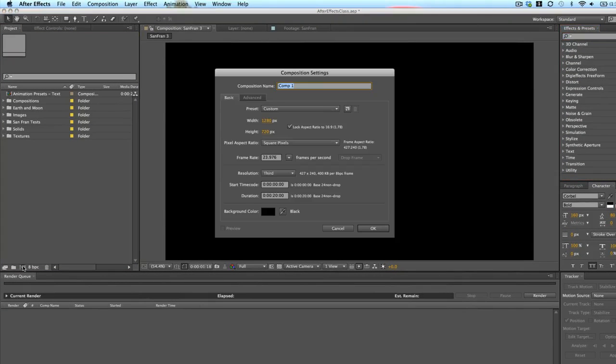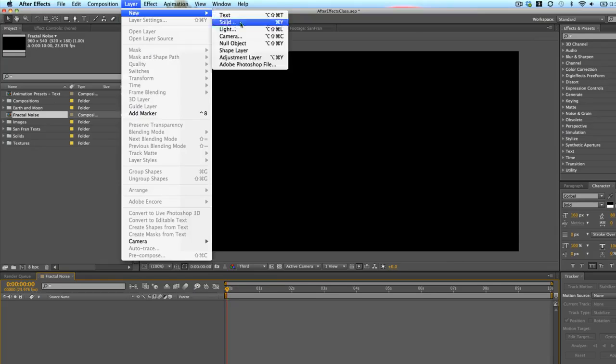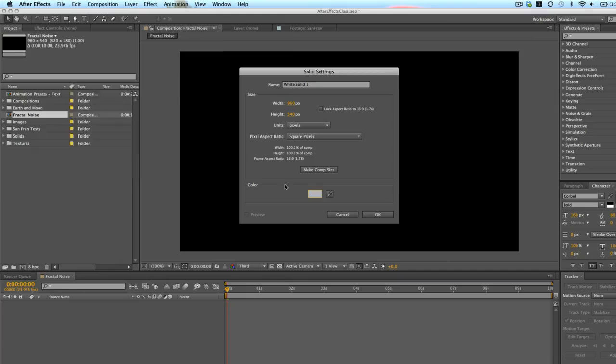I'll just show you. I'll call it fractal noise. Just make this 10 seconds. And I'll just drop down the size so that it renders easily. I'm going to add a new layer. I'm just going to do new layer, solid. We'll just make it